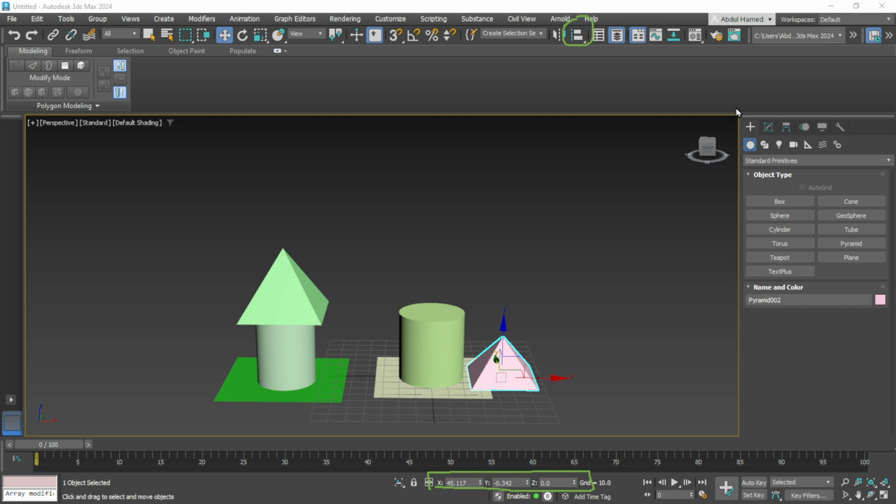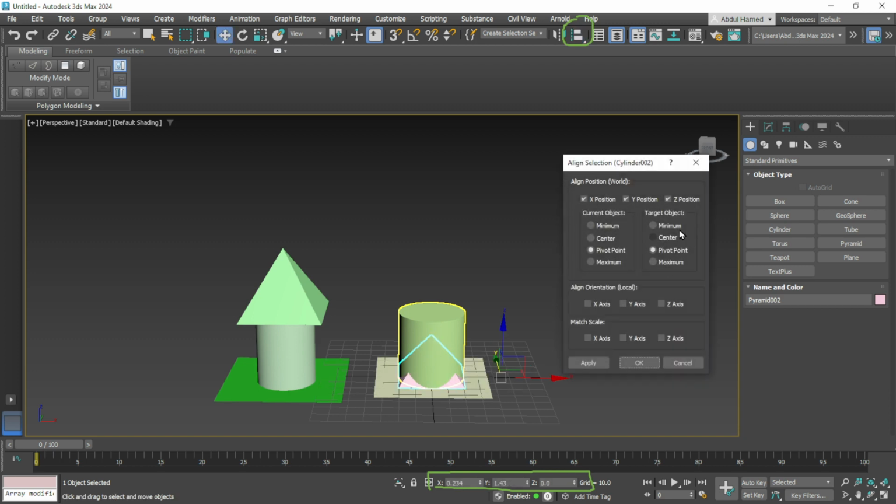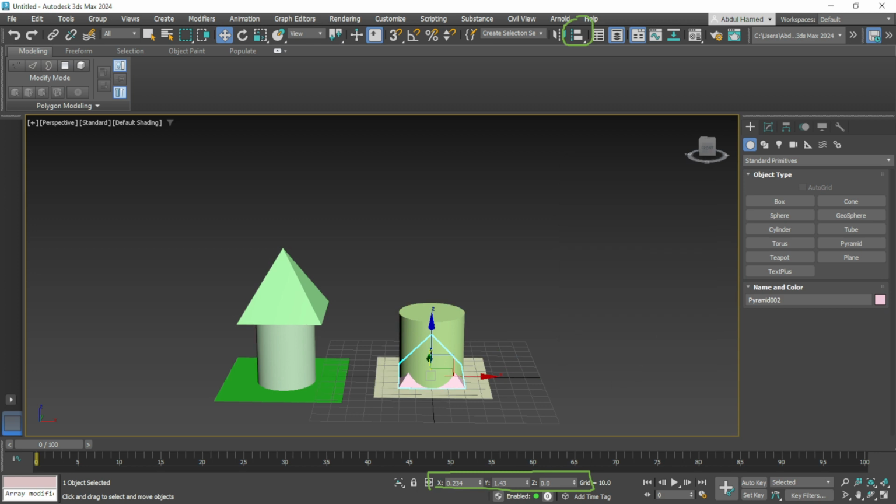If we press it and select the object that we want to align it to, and right there, you can pick which axis you want to align it to. In our case, we want to align it to all the axes. Then click OK. Then with the Move button, by clicking W,